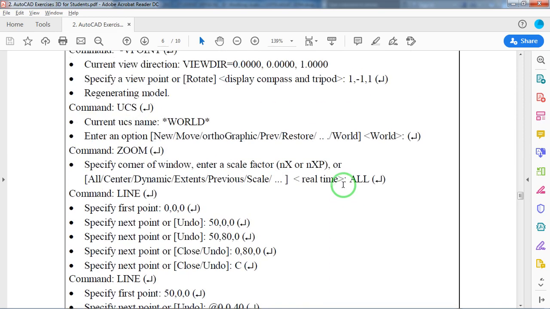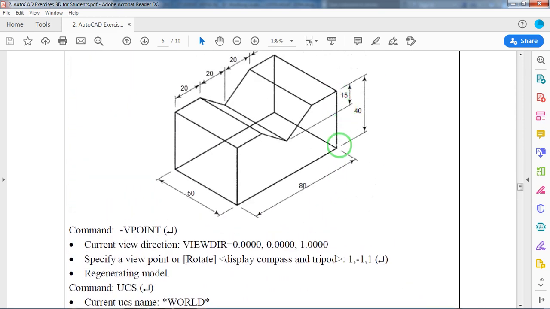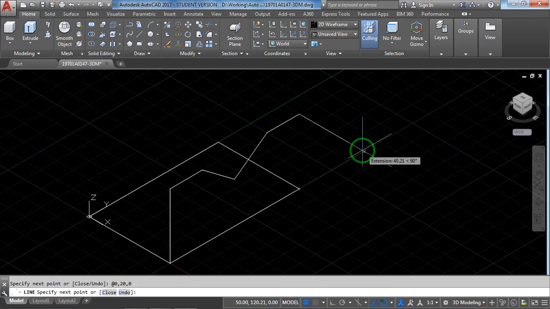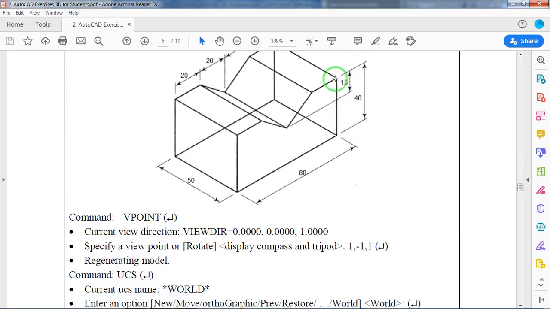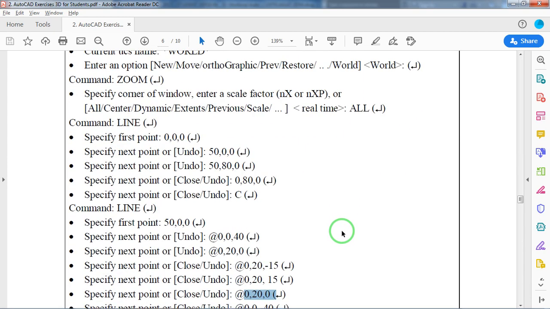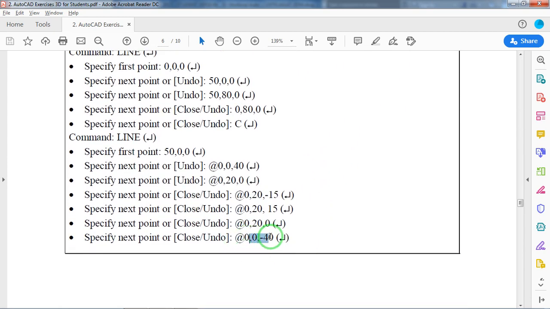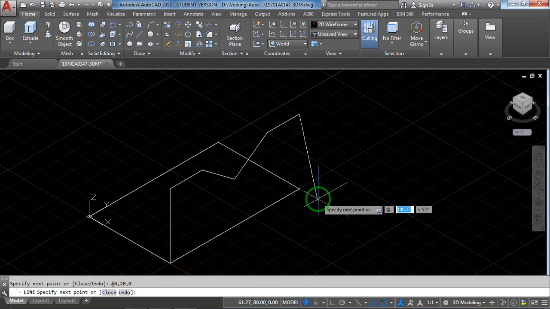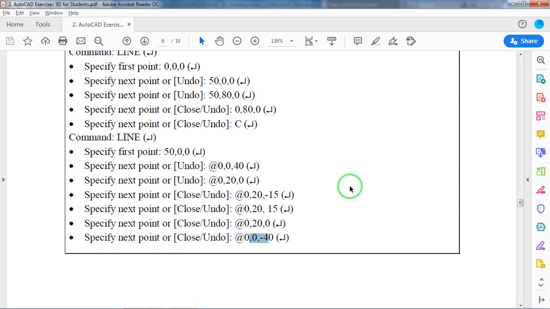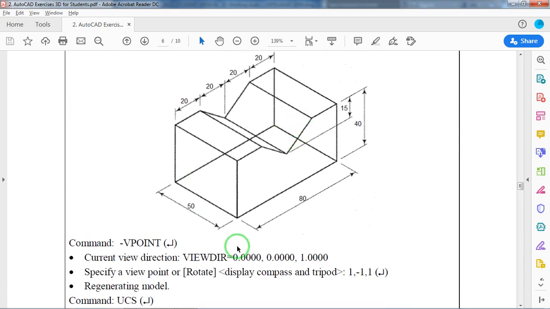Now last, from here we are supposed to come down to close this. You can directly close this, or if not, how do we come down from this particular point? Compare here: x, are you coming towards the x direction? No, 0. Y direction? No, 0. Z, yes, not upside but bottom: 0, 0, minus 40. From here, at the rate 0, 0, minus 40. Next, enter. See, we have drawn this face of the figure.